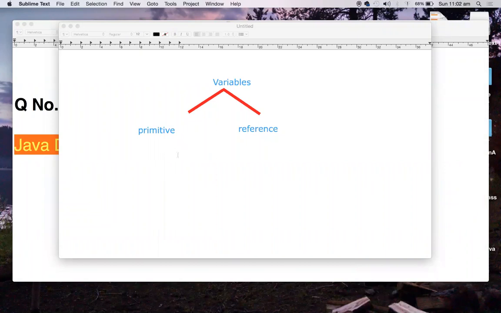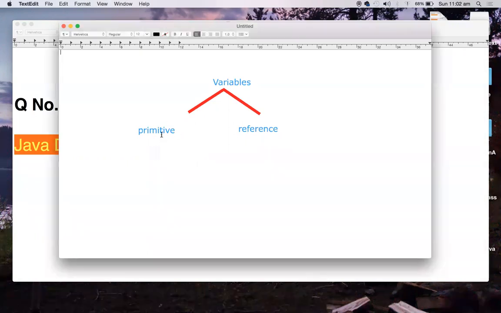Now, if a variable is declared with a primitive type, then it is going to be a primitive variable. So what are primitive types actually? In Java, we define 8 primitive data types.